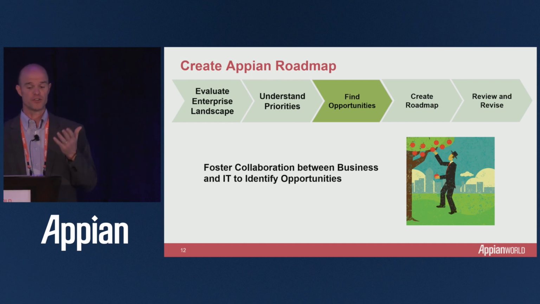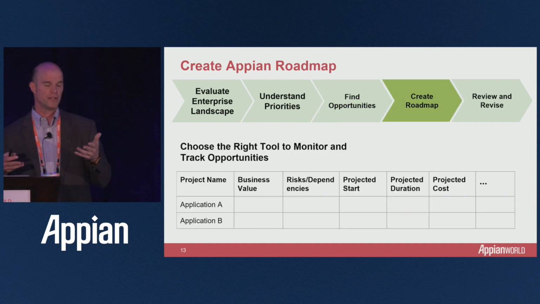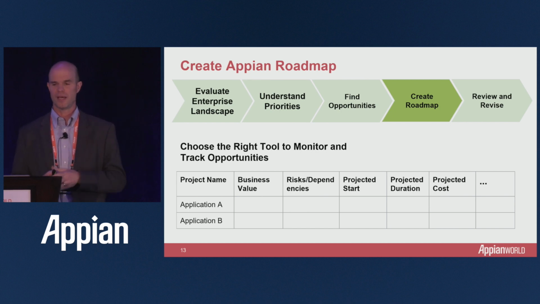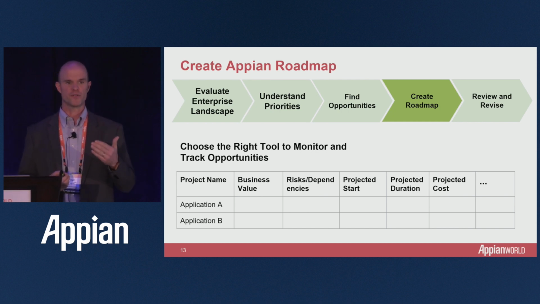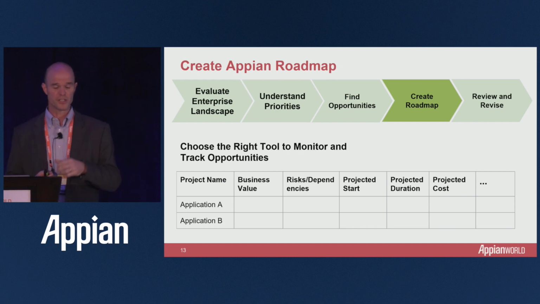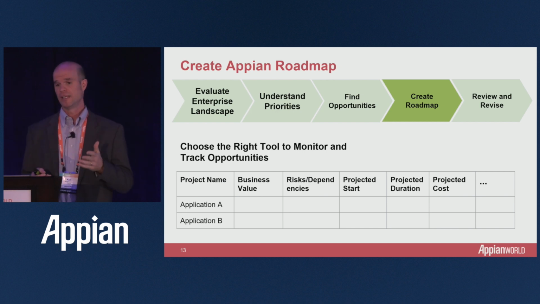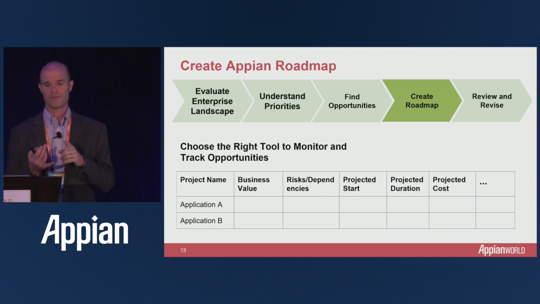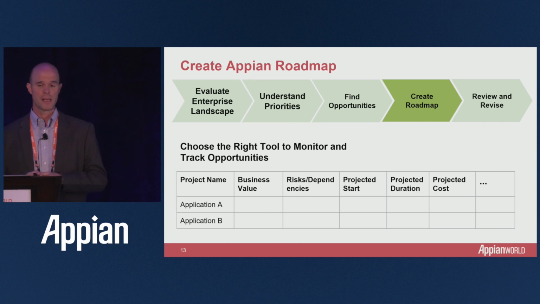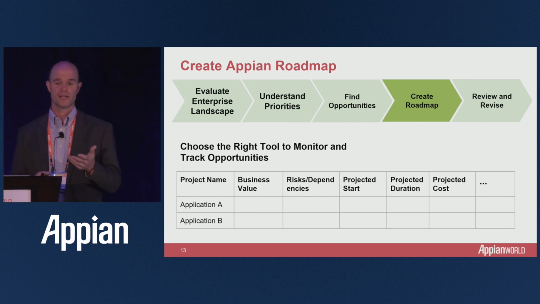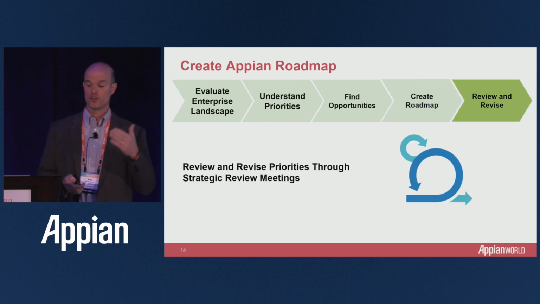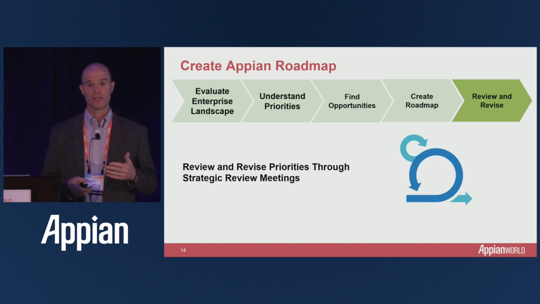And then you take all of these, you take your priorities, you take the opportunities, and you find a tool. It can be as simple as a spreadsheet where you list out all of your projects that you've identified along with associated metadata. The metadata can be a simple list of attributes of start date, duration, cost, things that you might readily identify. But it can also include calculated metrics such as what is the risk profile for this project, what is the level of Appian fit for this project, and then as you move forward, you want to review it, make sure